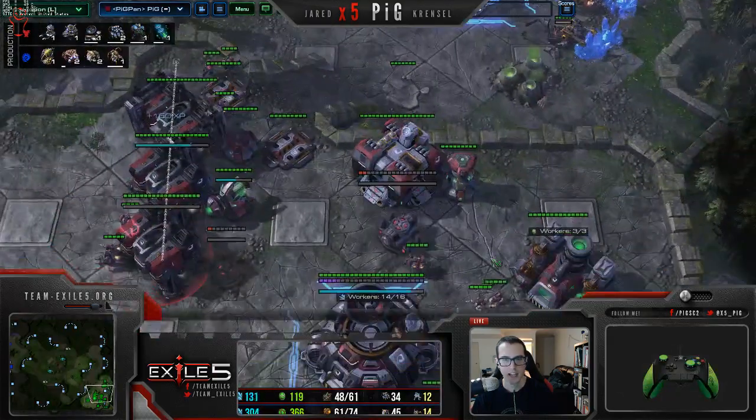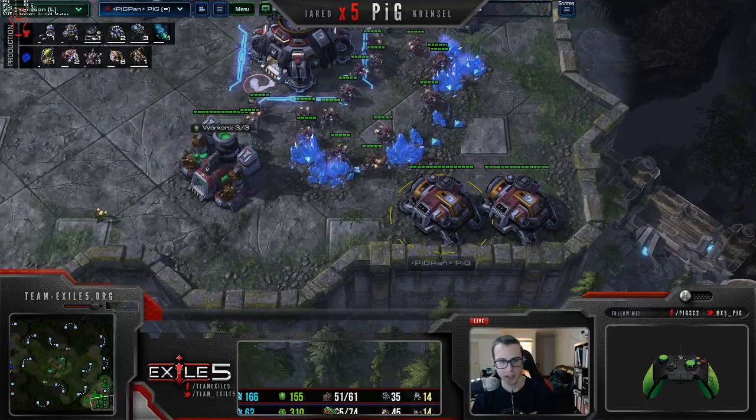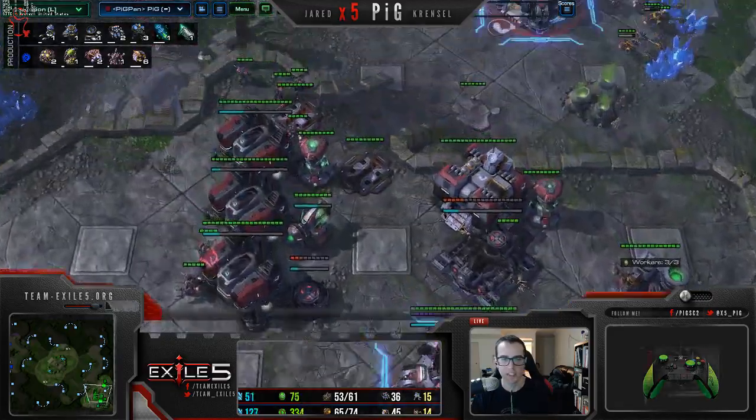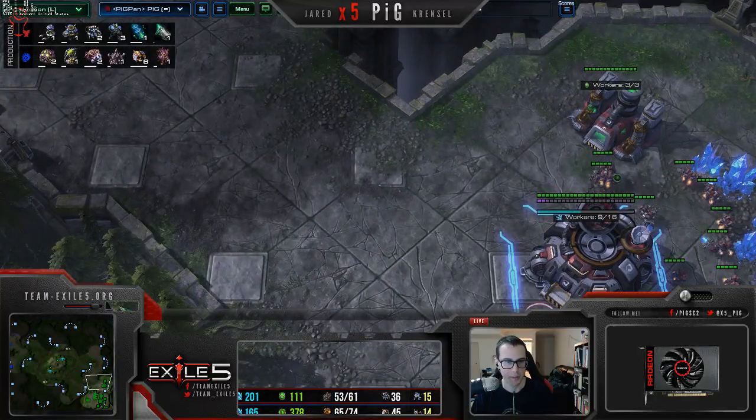Normally, as I put down my starport and start my 1-1 upgrades, this is also the same sort of time where from about 50 supply onwards, I want to start building those depots. 55 supply is the latest I want to start those. So about 5 minutes,